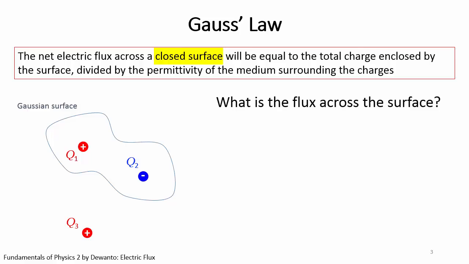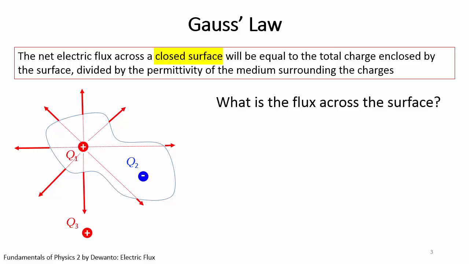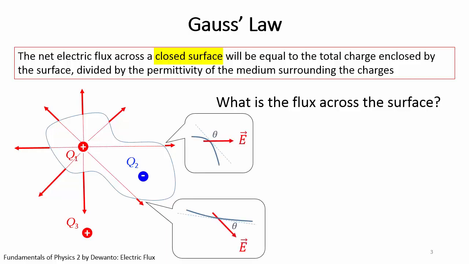Were we to compute the flux using the formula given in the previous slide, it would be a nightmare. Because it means, let's say we just look at the field from Q1, we need to compute how these incident field lines penetrate the surface. You can see for yourself how the strength of the field varies at different sections of the surface, depending on the radial distance from the surface. Not to mention that the field lines cut through the different sections of the surface at different angle to the surface.